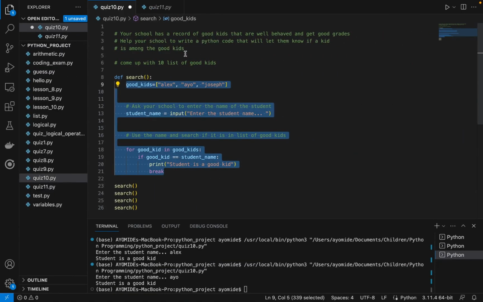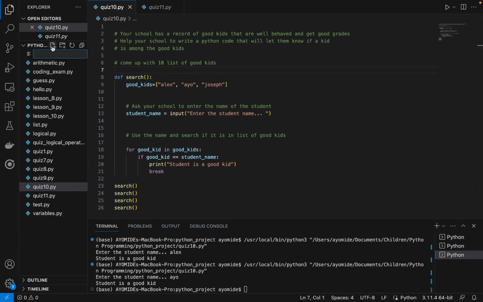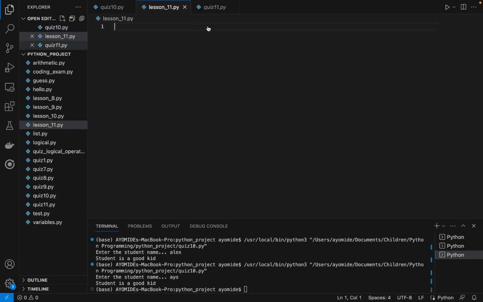Okay, so we are now going to write some code. Hopefully this is going to be easy for you guys. So let's call this code lesson 11. Again, you can call it anything that you want, but no space, no hyphen. All right, so let's save this code again. It's good to put comments in your code. Okay, how to use